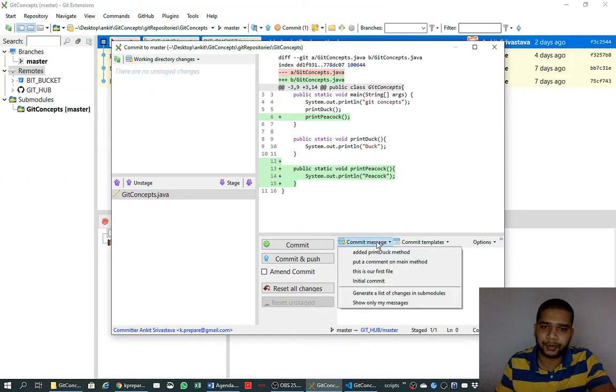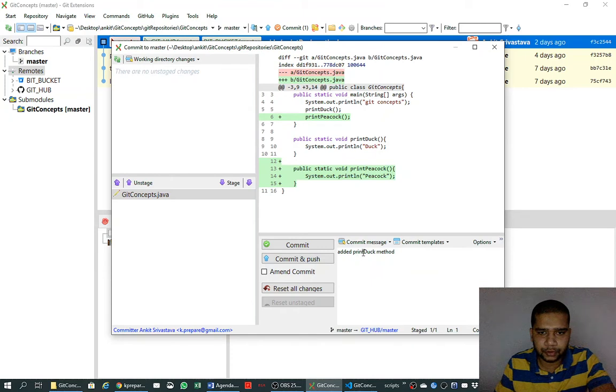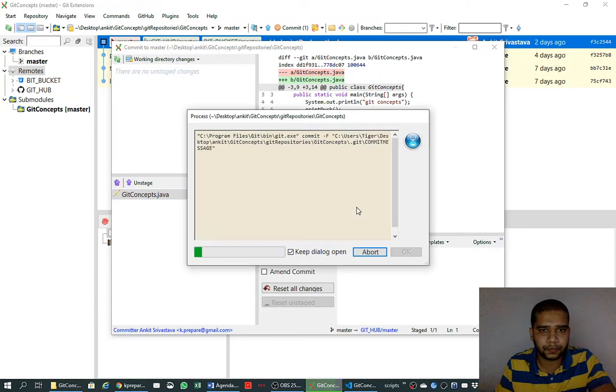So we have a commit history here. Whatever messages we have provided earlier is stored in the commit history. We can choose from one of the message, and I can customize the message exactly what I want to do here, what I am doing here. So the commit messages, it is very useful if we put the commit messages to be intuitive in order to know that what change was made in this particular commit. So we say commit,